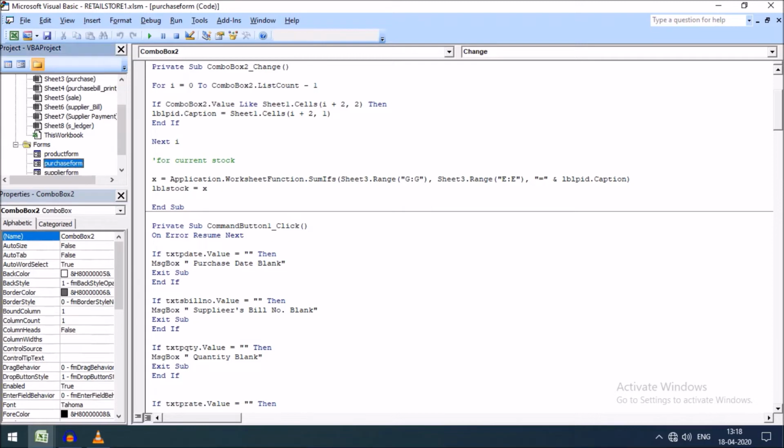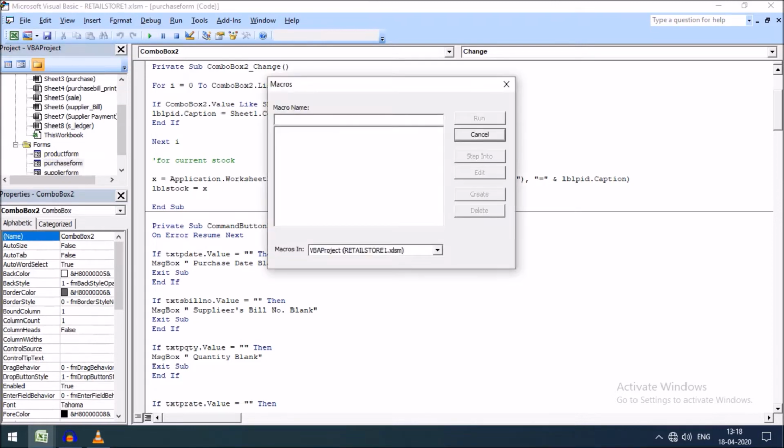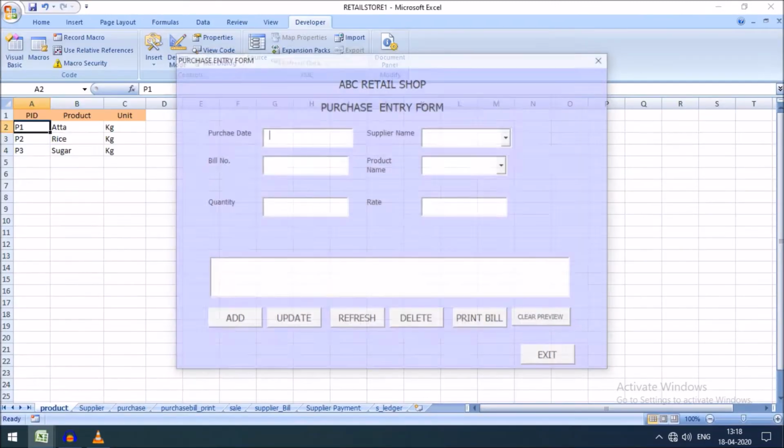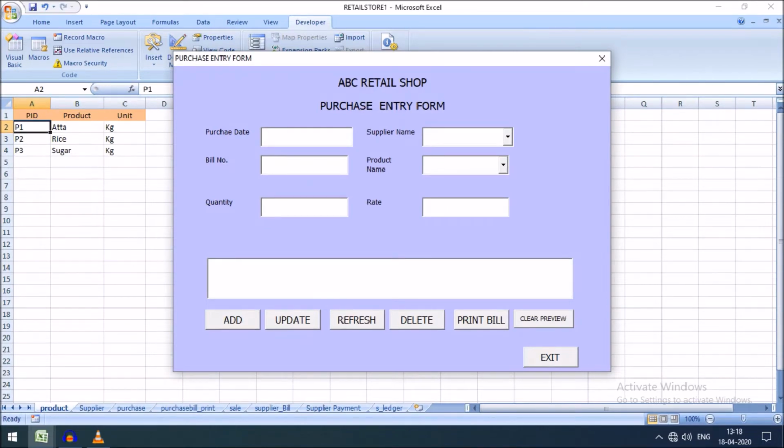Then if the combo box 2 dot value, that is the product name, matches with the product name of sheet 1, that is the product sheet, the second column in the back end of the form, then the corresponding product ID will be displayed here, P1.